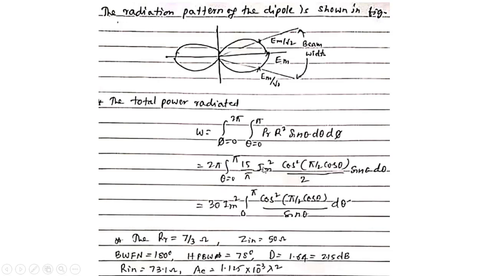The PR r square is given by 15 by pi Im square into cos square of pi by 2 cos theta divided by sin theta d theta. This is equal to 30 Im square integration from 0 to pi of cos square pi by 2 cos theta whole divided by sin theta into d theta. Therefore, the radiation resistance here is 73 ohm, and input impedance of the dipole antenna is 50 ohm